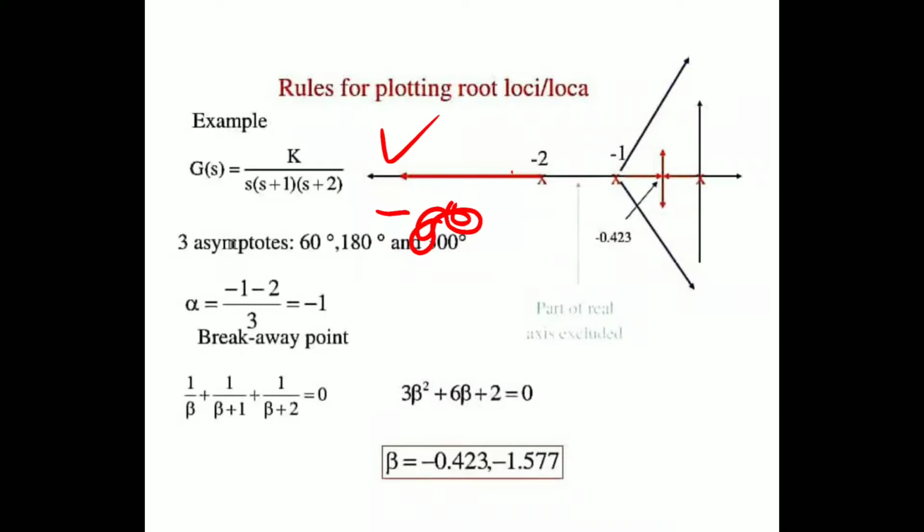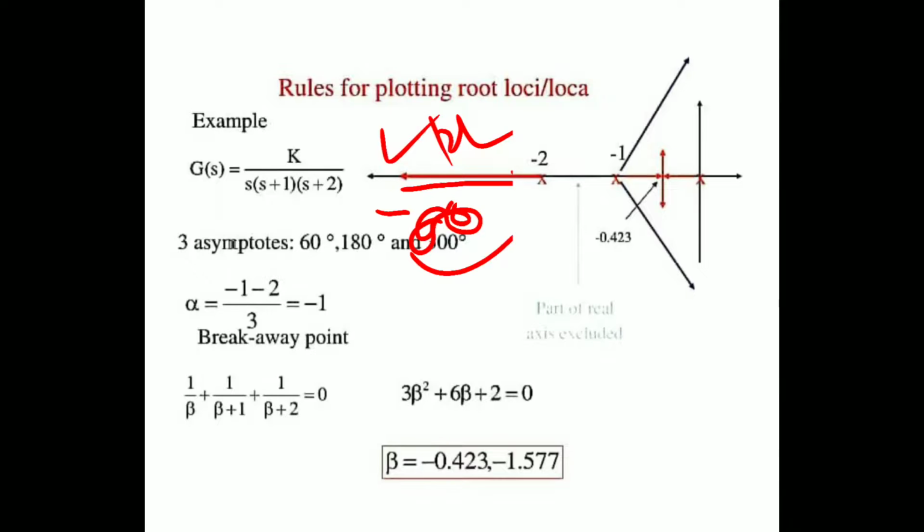Here we have minus infinity. We have to check the root locus parts, minus infinity to minus 2, whether it is a part of the root locus. Yes, because there are three poles to the right side. Now this is part of the root locus. Root locus can be present from minus 2 to minus infinity. Next we check the minus 2 point. Looking at the right side, there are two poles, so minus 2 to minus 1 is not a part of the root locus. Then at minus 1, on its right side only one pole is there, so that is an odd number, so that can be a part of the root locus. So the root locus exists between 0 to minus 1 and minus 2 to minus infinity.